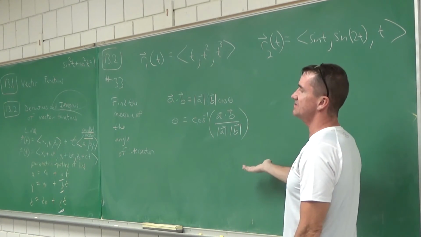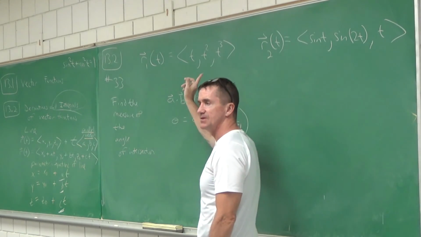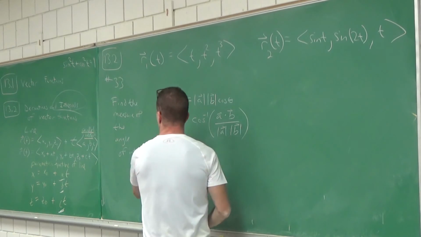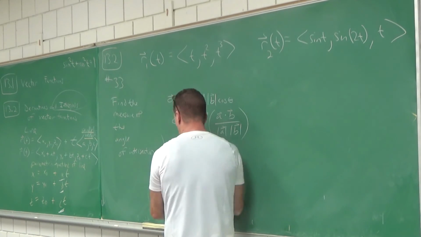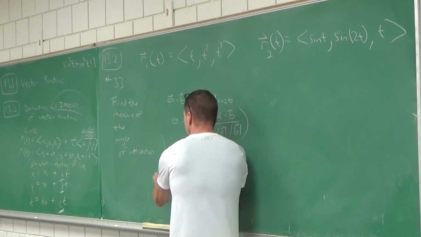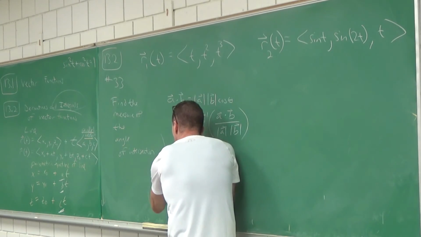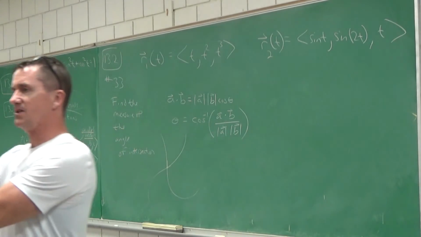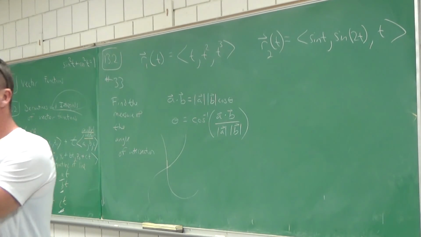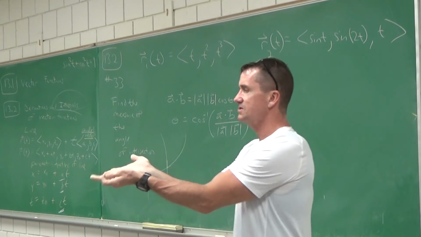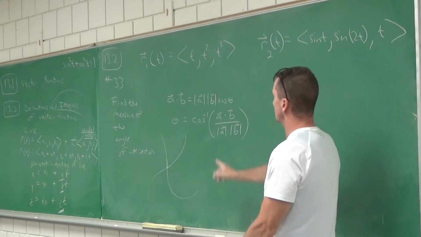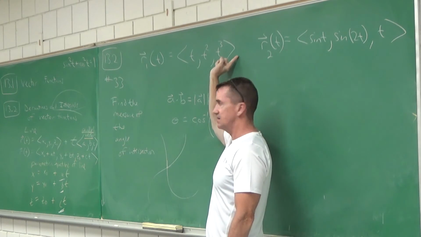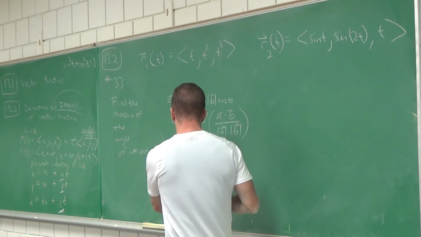So we just need to know what vectors are going to be A and B from these vector curves. These are two vector curves that come up and intersect, and we want to find the angle of intersection. What kind of vectors should we use off these curves? With the angle, we think straight lines, so we need straight vectors. Tangent vectors. So for A and B, let's find the tangent vector to this curve and to this curve, and we'll find the angle of intersection.